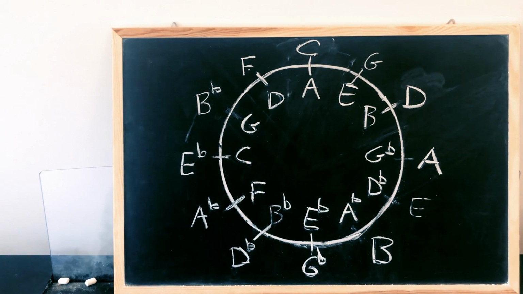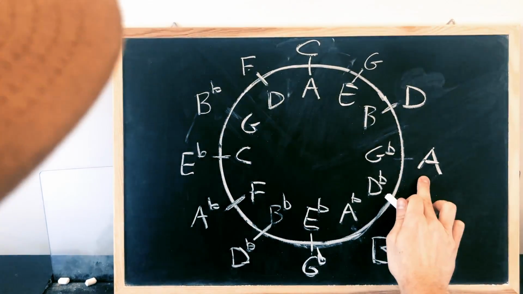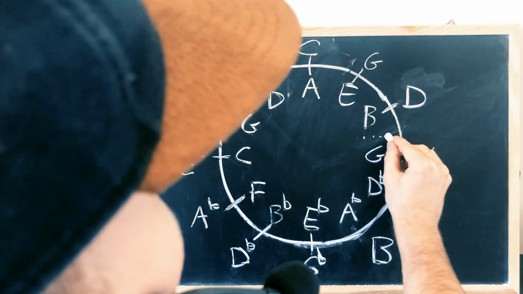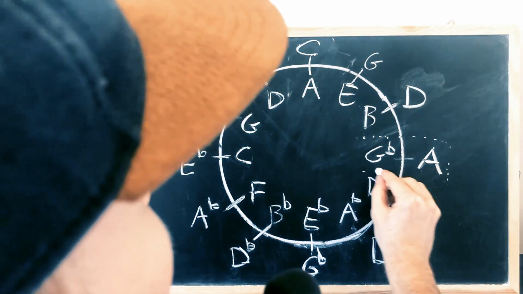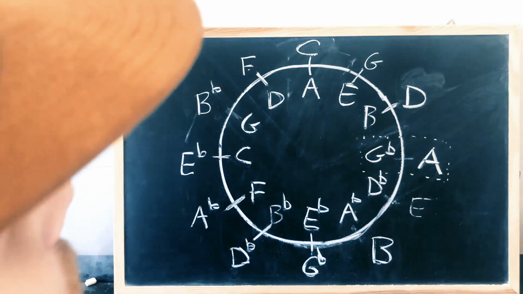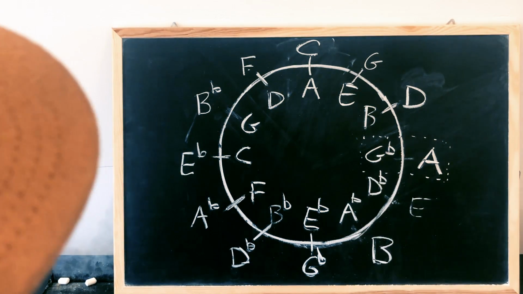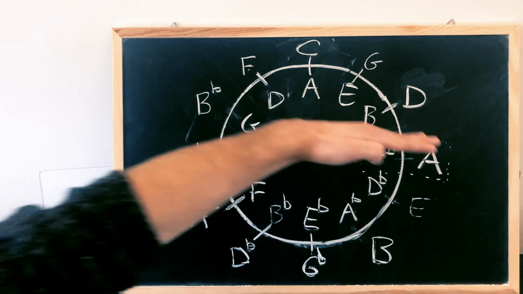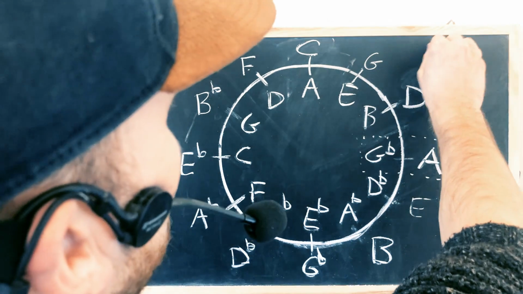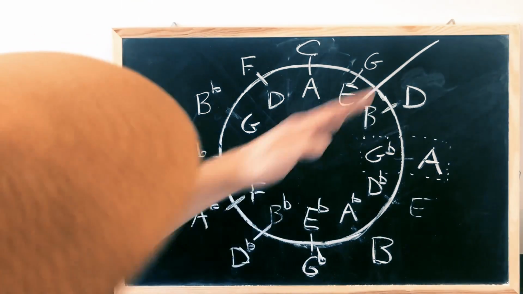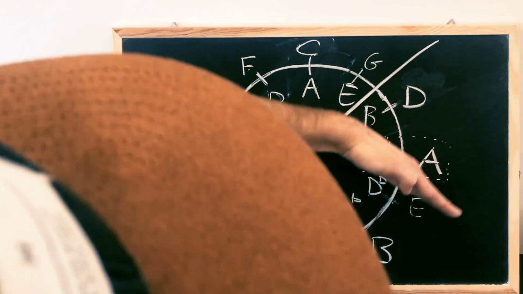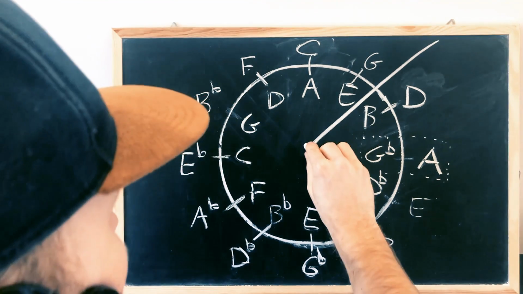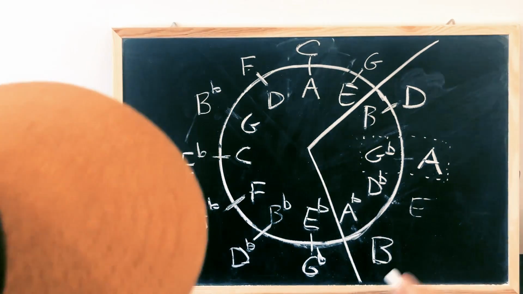So now let's say we want to find all of the notes in the A major scale. I'm going to identify this box. Okay, this is the scale that I'm looking for. A major or G flat minor, it will have the same notes. I'm going counterclockwise once, so I draw a line right here. I go back to the selected box, clockwise twice, so I draw a line right here, and I cross out